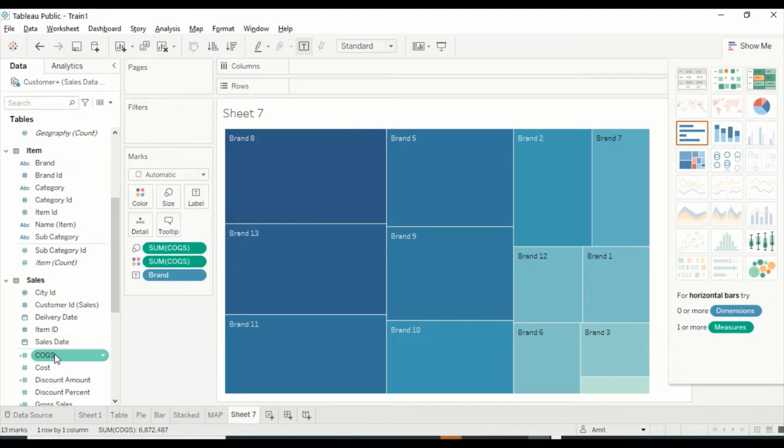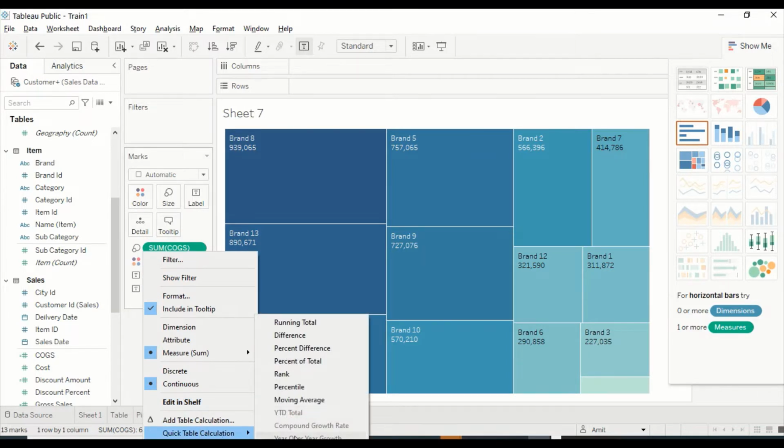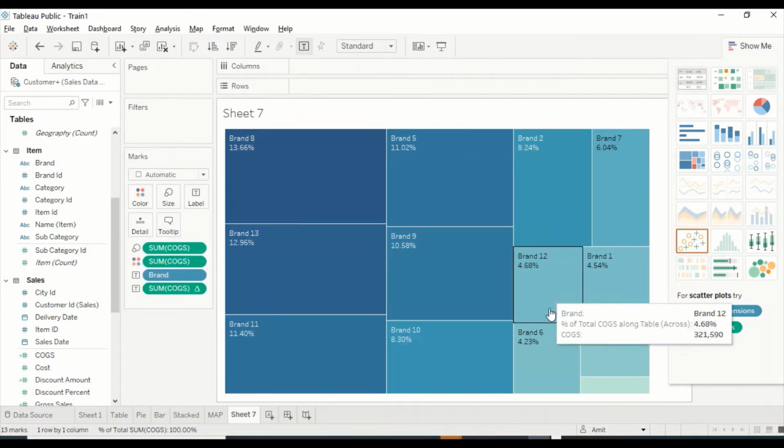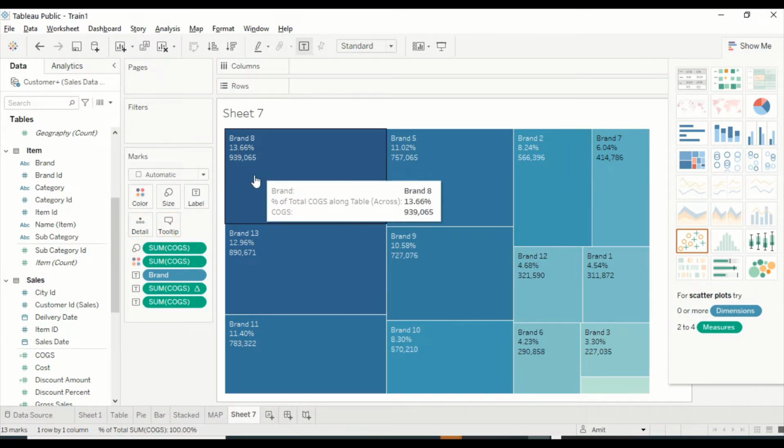So we have taken COGS here, so we can go ahead and add the labels on the COGS, so we are able to see COGS labels. Now what we can do here in the COGS labels, we can go here and add, let's say, percentage of total. So we are now able to see this is percentage of 100%. Okay, and if I want to see the other one, I can actually add one more COGS into the label, so I should be able to see both percentage as well as this one.